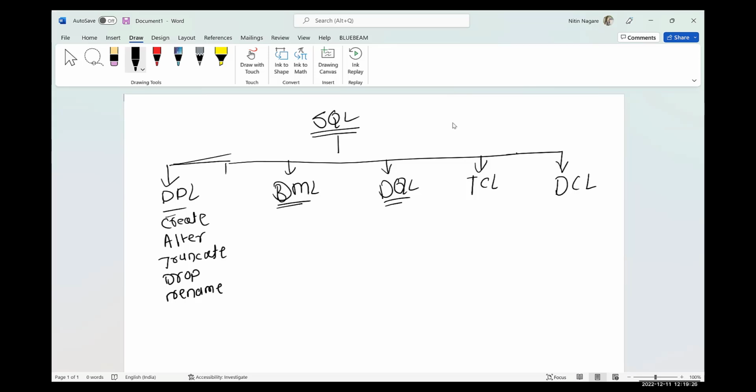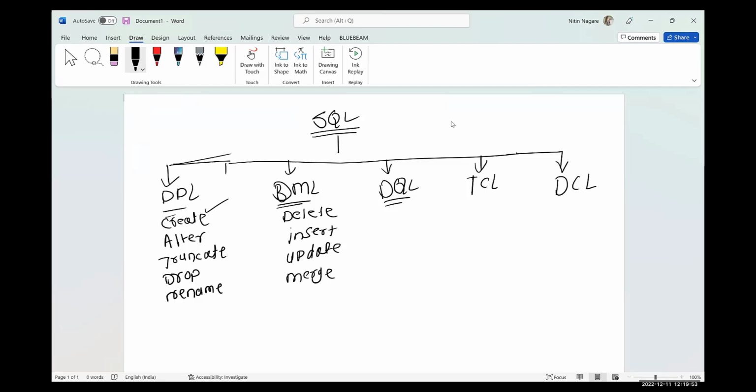Here in DML there are 4 commands. We have delete, to delete the record from the table, insert, update, and merge.